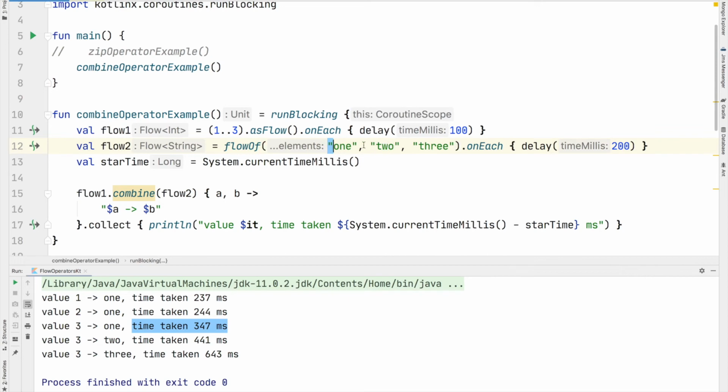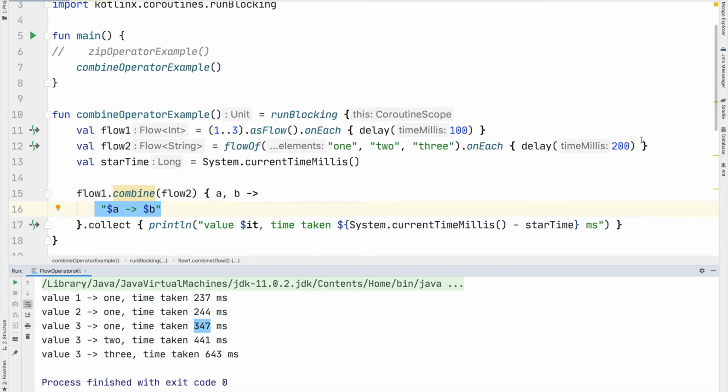That means during this 400 millisecond, it will again produce the third element, because it only needs 300 millisecond to produce all 3 elements. That means during waiting for the second element, the third element is produced. So again this block will be triggered, because we have received one new element, that is element 3 from the first flow. That is the reason it printed this value after 347 millisecond.